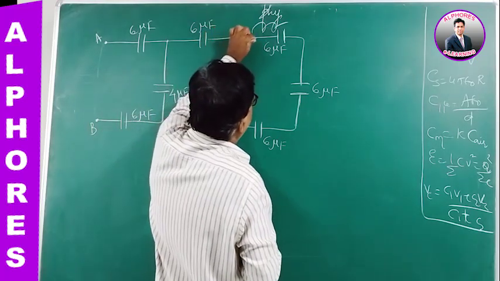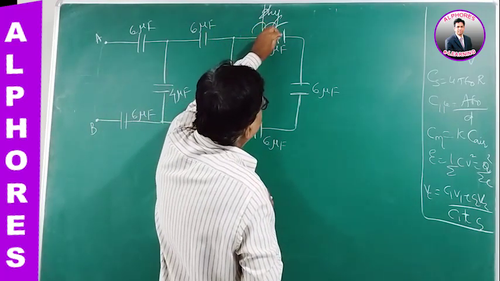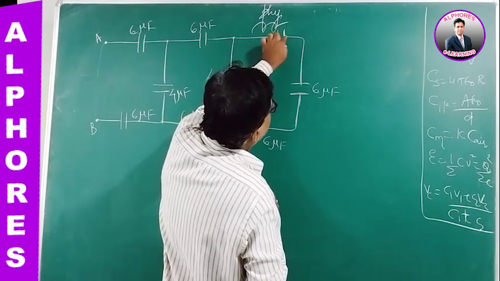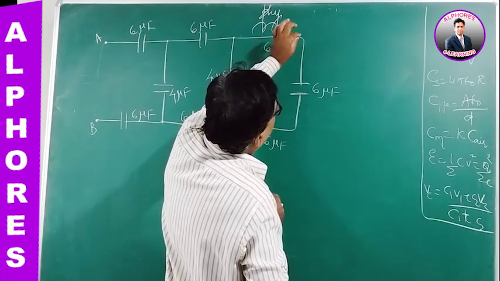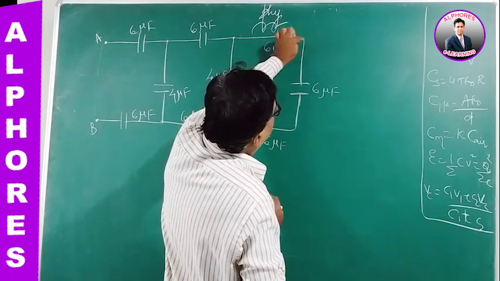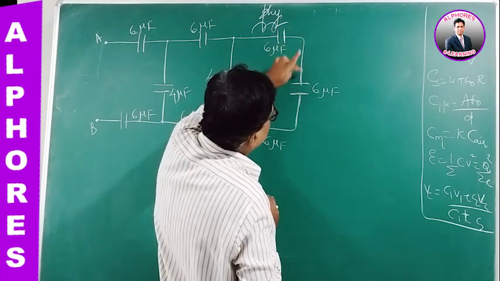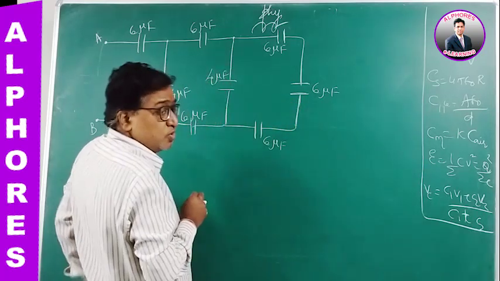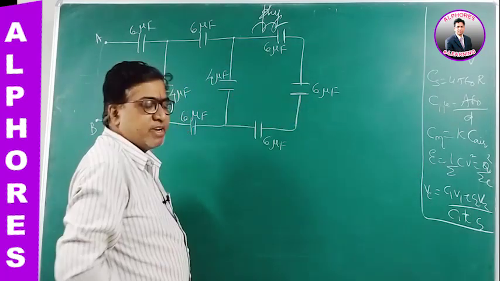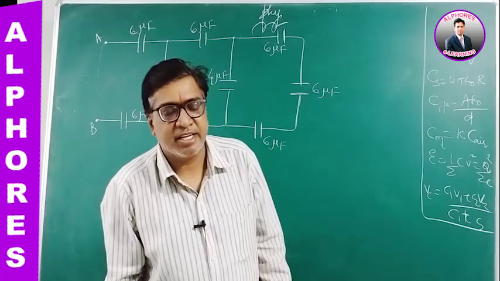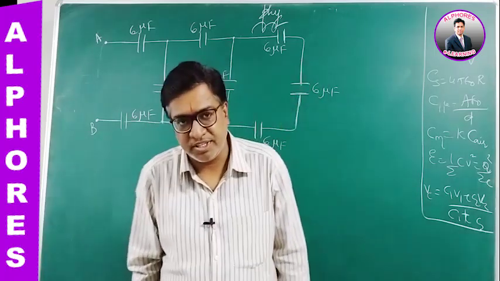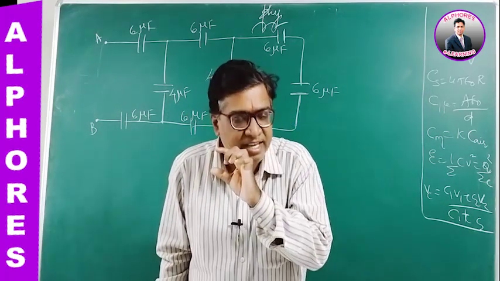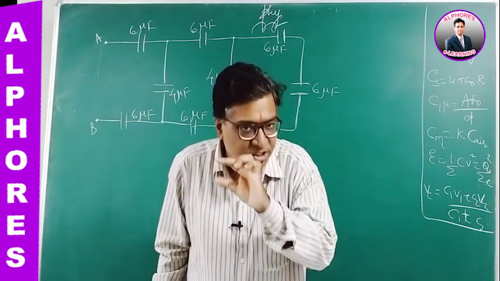Whatever charge passes through this capacitor, after charging takes place, when the charge comes out, it has no other path, it has to choose this path. So all the charge passing through this will pass through this and the same through this. The same charge, the same current, is flowing through them. I was telling you, when capacitors are connected in series combination, the current flowing through the elements is the same, and the charge through them is the same.